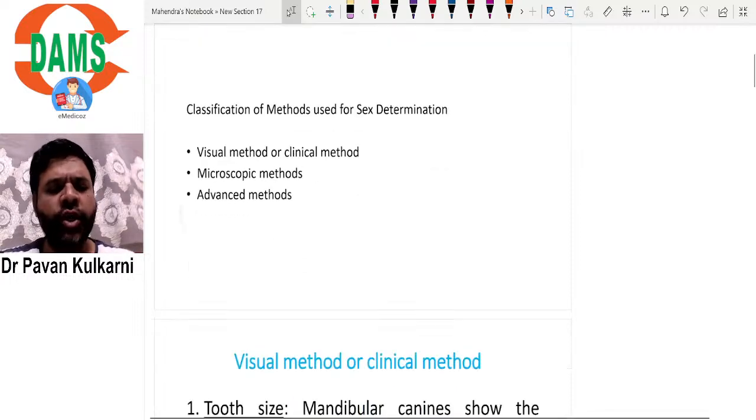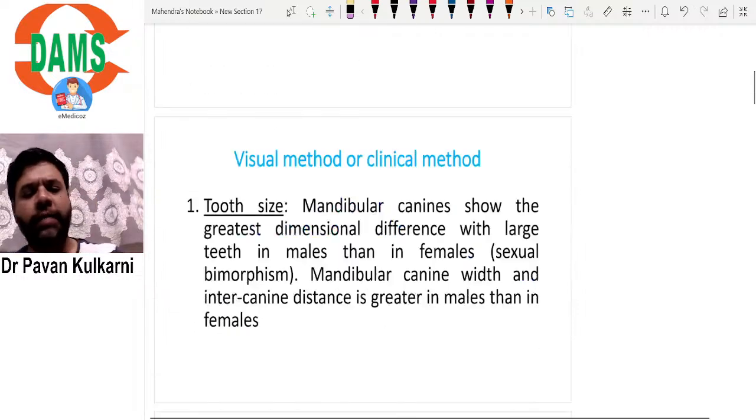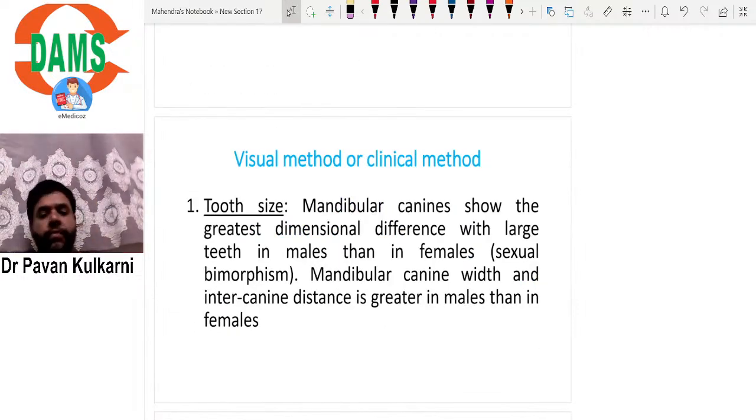So gender determination or sex determination, first method, that is the clinical method. Now in this clinical method, I'll be giving you an overview of how we are going to use each and every parameter for gender determination. Like tooth size. See, all the teeth,